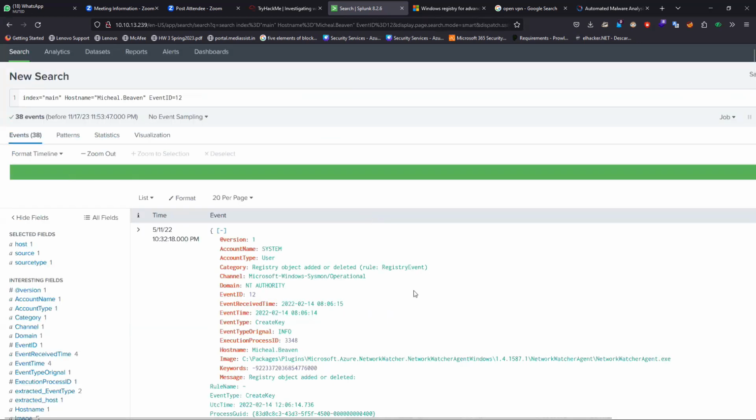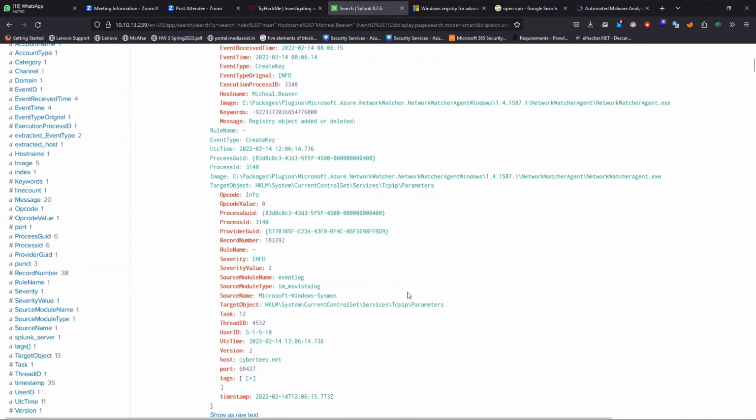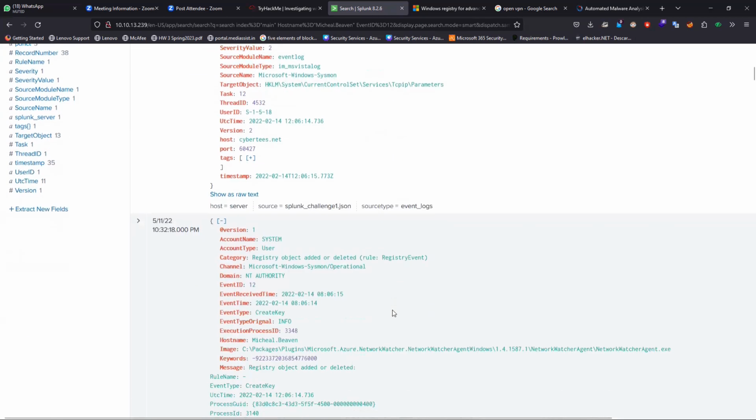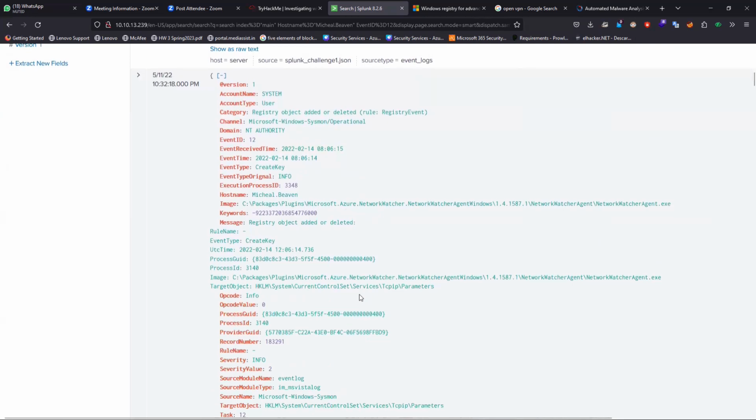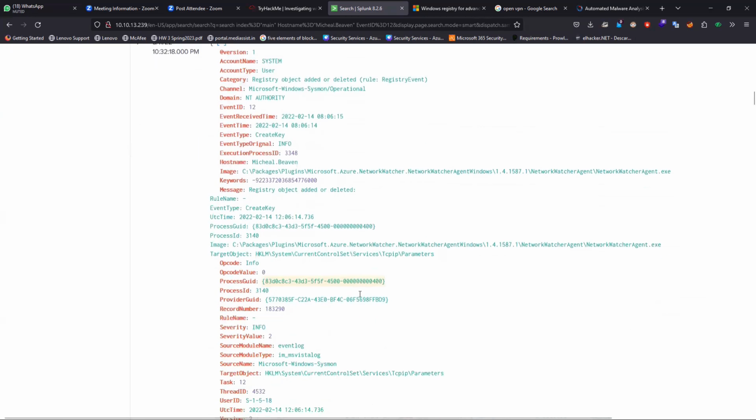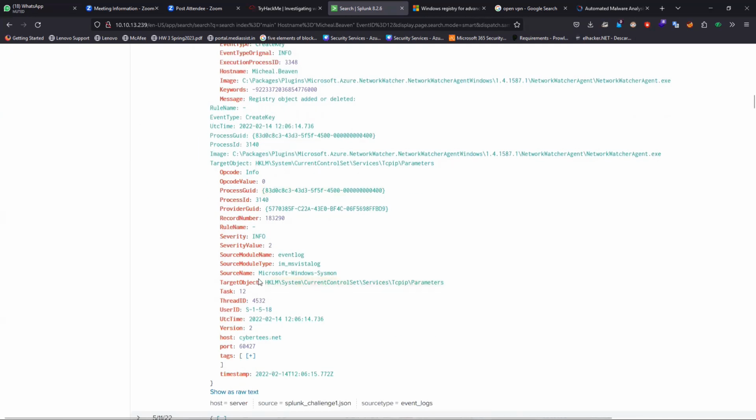So here we got, I think, something. Here we have account user, registry object added or deleted. So I think this is something we can get. Yeah, here we have current control set parameter, user activity, control set. Okay, so target object